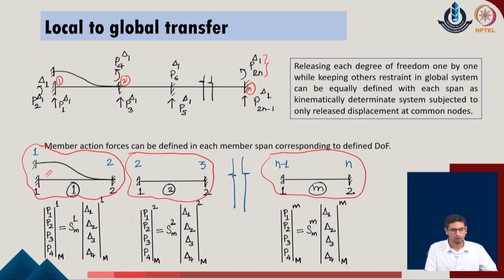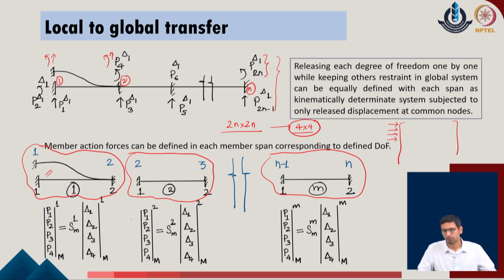And we also understand now that in the global system, the 4 degrees of freedom which are identified at the 2 end joints of member 1 will always be getting the contributions from member 1. So, if we are going to assemble the stiffness matrix for this given system, which is of the size 2n cross 2n, because there are 2n degrees of freedom, we understand that the 4 cross 4 stiffness matrix of member 1 is going to sit in the place of the first 4 degrees of freedom of the given system. And this way we can keep on identifying the place of individual members and the contributions of their degrees of freedom in the overall process.